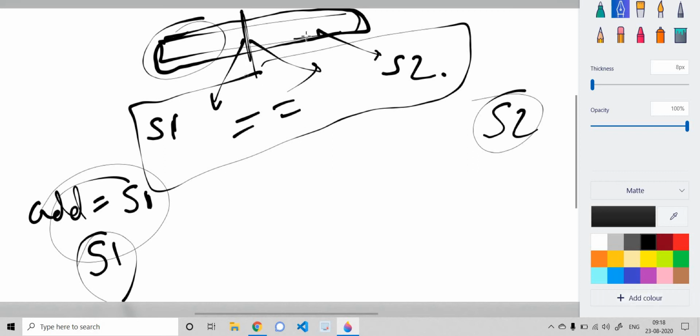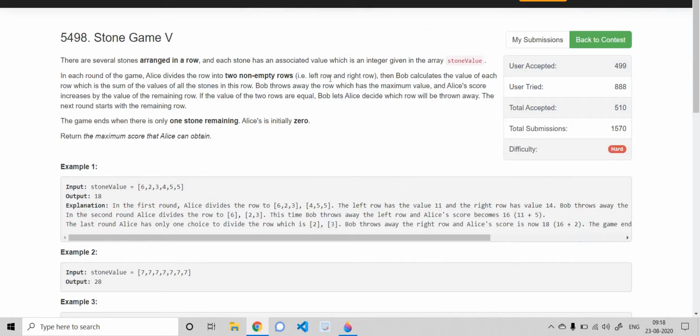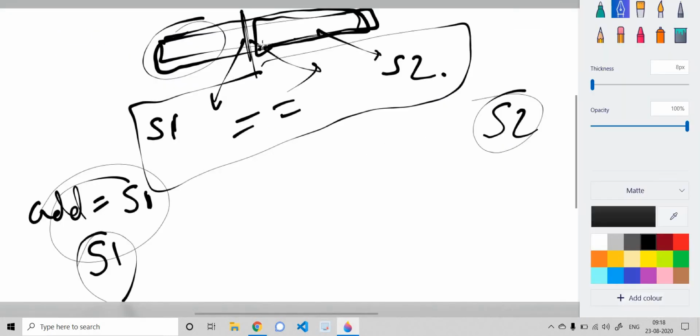After that, the group which has the greater sum is discarded. It is not considered for further process. Then we only care about the group which has the minimum sum, and they keep on playing this game until we are only left with one stone.